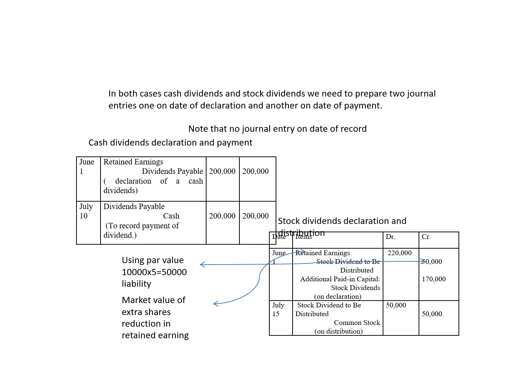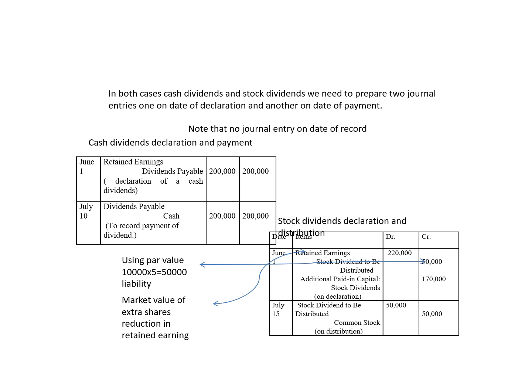Here we can see the 2 examples. That's the case of cash dividends. It's very simple. On date of declaration, debit retained earnings, credit dividends payable by the amount declared to be paid to shareholders, which was the number of stocks multiplied by the cash to be distributed, 100,000 times 2. On date of payment, you just close the liability. Dividends payable was credit because it was a liability. Now closing the liability, it goes to the debit side. And it was paid in cash, so cash is credit. That's for the example of cash dividends.